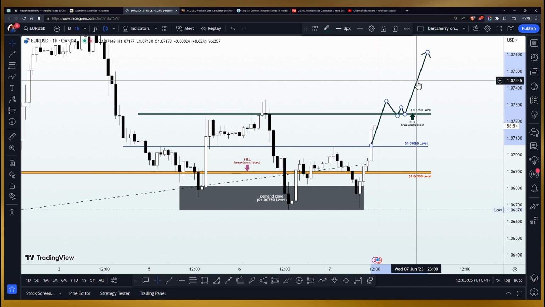And you might be asking me, why have I said for those who have an existing position to have a buy stop order? The reason why I have said that for existing position holders is simply because they are already in profit and they can afford to risk or leverage on the profits they've made so far to test waters around the 1.07250 and see if the breakout of that structure is going to work. So that is why I have said that for those who already have a buy position, you could have a buy stop order above that structure to risk out of your unrealized profit or profit you've made so far from this buy position above the key level.